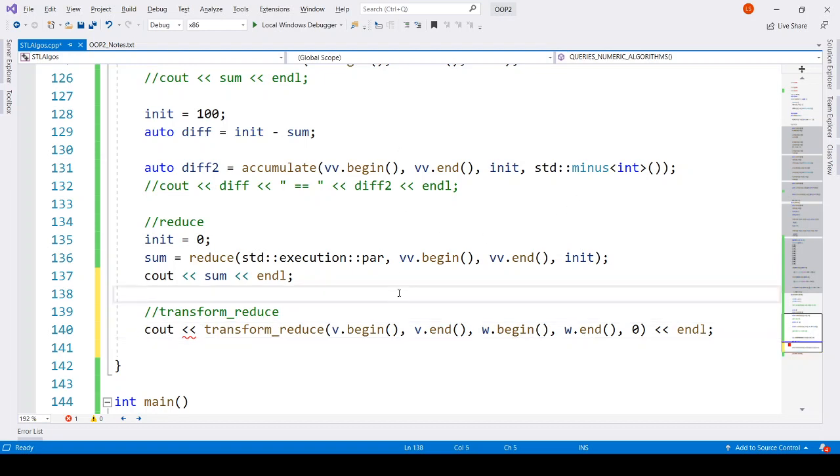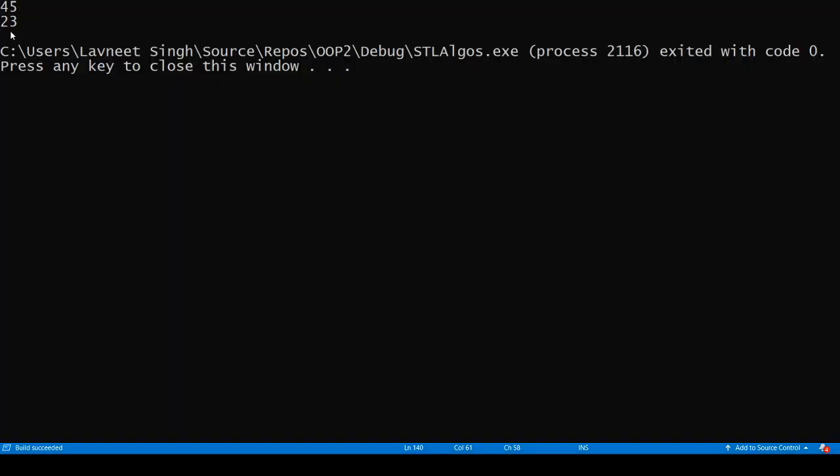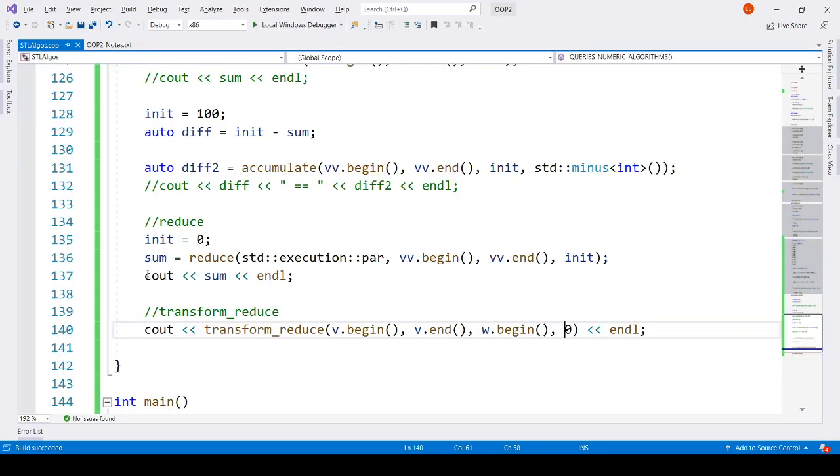Sorry, again, my mistake. It doesn't take the second end, so now it should work. So you can see that 23 is the inner product value. So we can say that transform reduce is basically inner product that can execute in parallel.